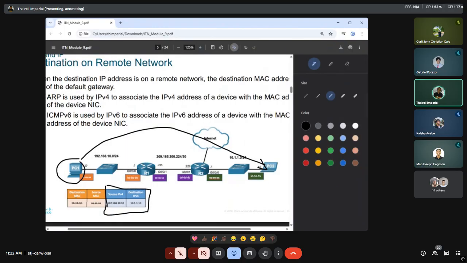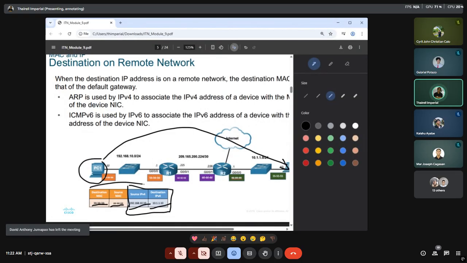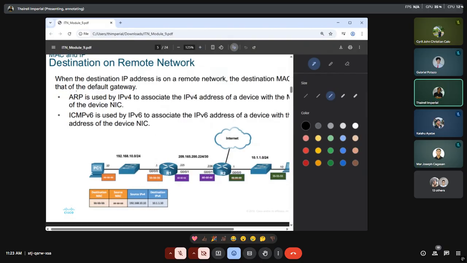So the destination MAC address and this information here, depending on which device is communicating, will change accordingly using the IP address. They will change accordingly if you have both of these addresses working together. So how does this happen or occur? Then you have here ARP and ICMPv6, and all of those are basically adapted through the IPv4 and IPv6 protocols.